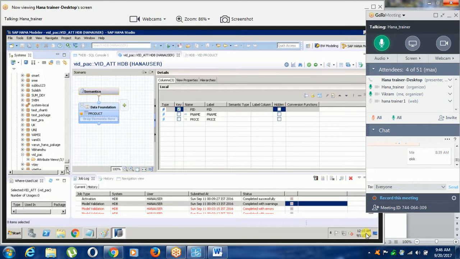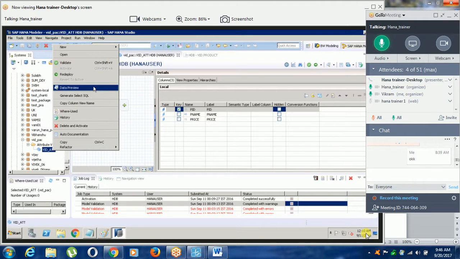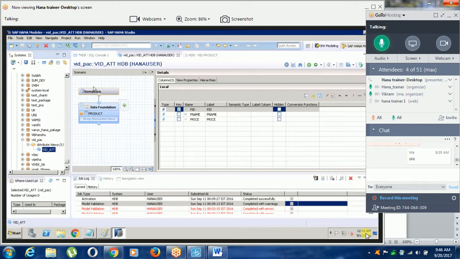Your package was this one. You have created, in this package, this is your attribute view. Just right click on it. You can see data preview, just for checking whether your attribute view is created properly or not.